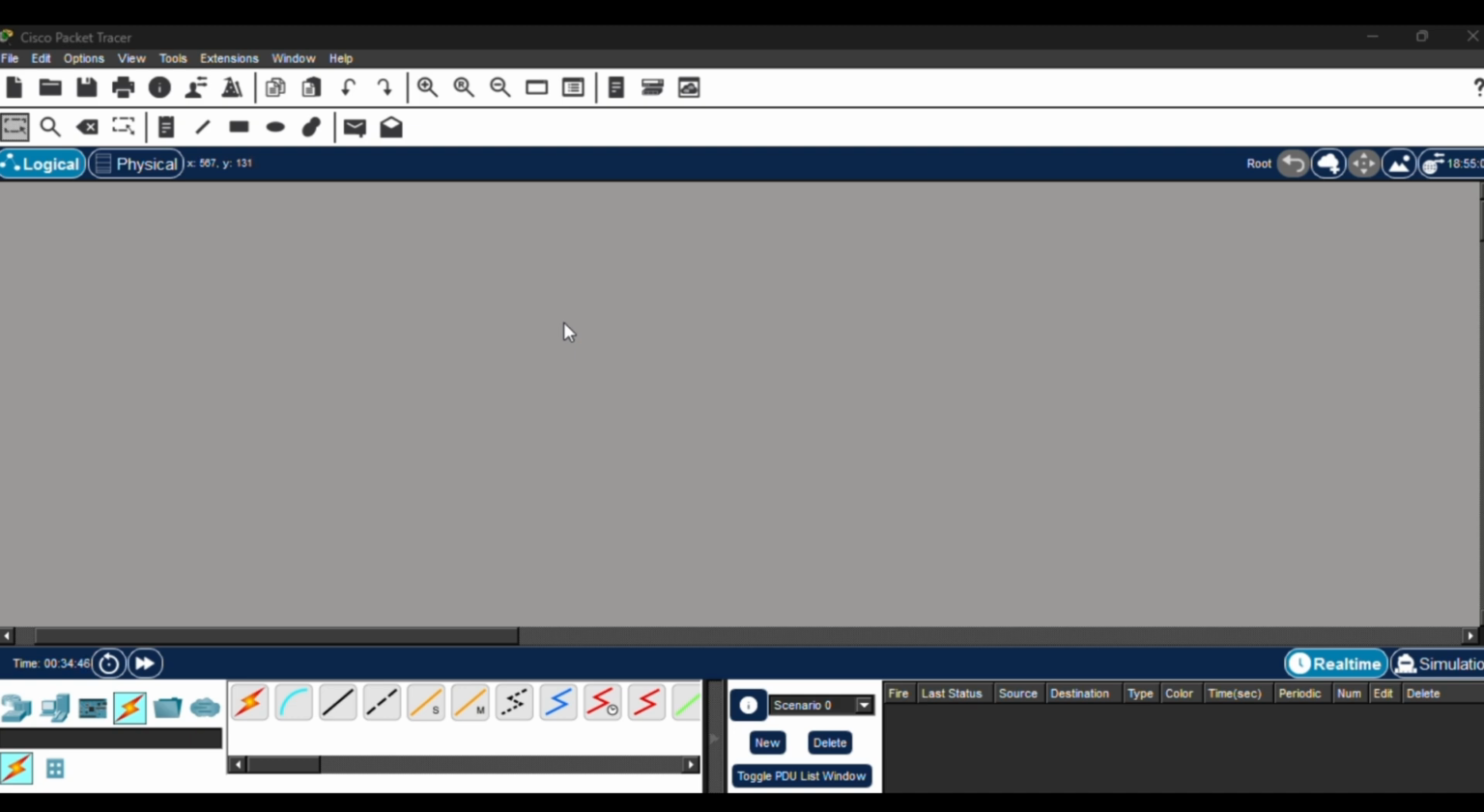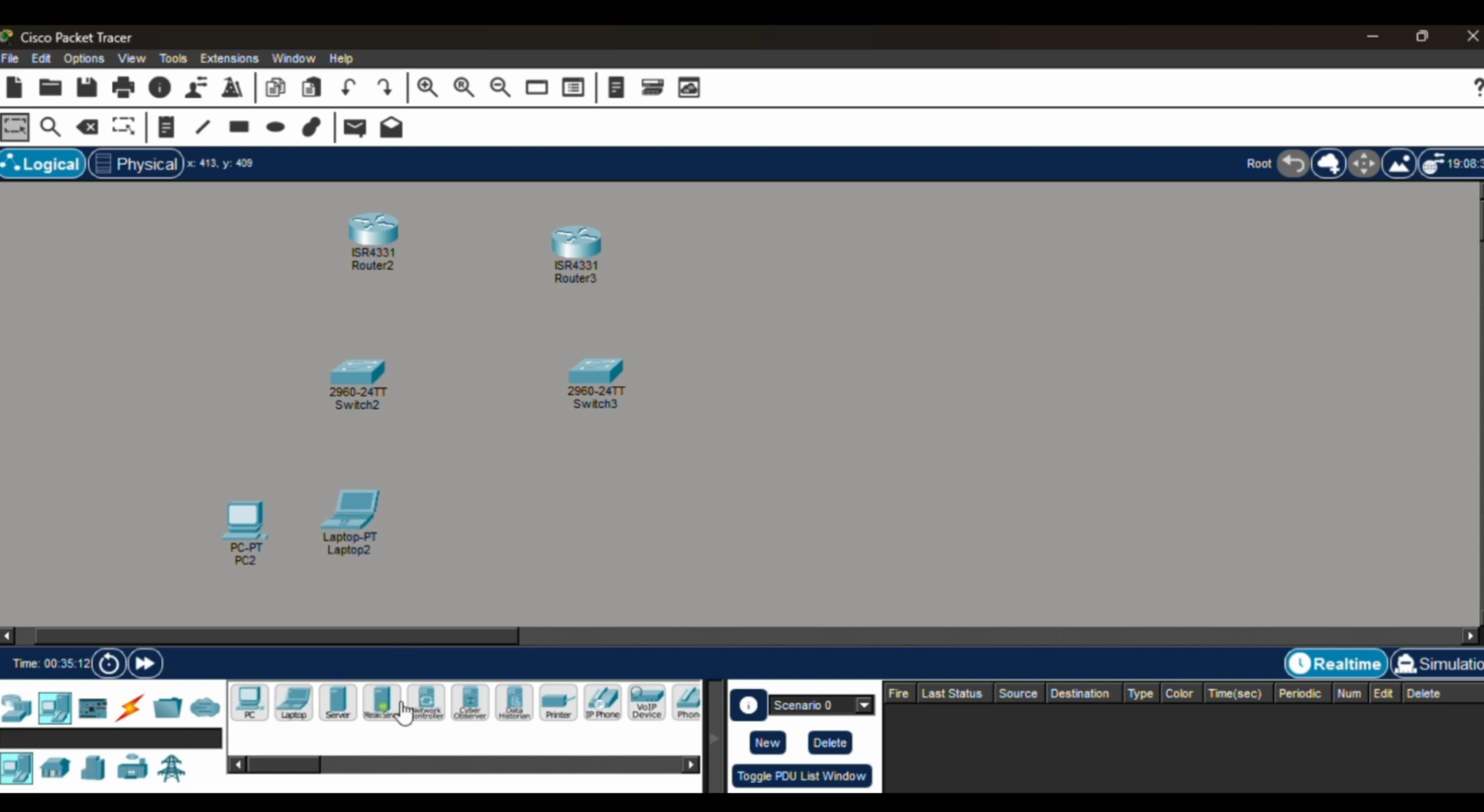So what I'll do, I will just add routers. First router, and add another router, and then I will also include a switch and another switch, and then add some end devices to this topology. We'll have a PC and a laptop for the first network. We'll use a server and a laptop for this other network. So in our topology we have a total of 3 networks, but before I note them down, let me first